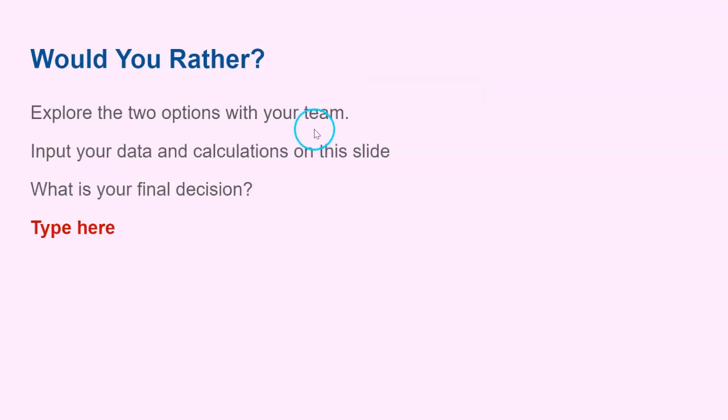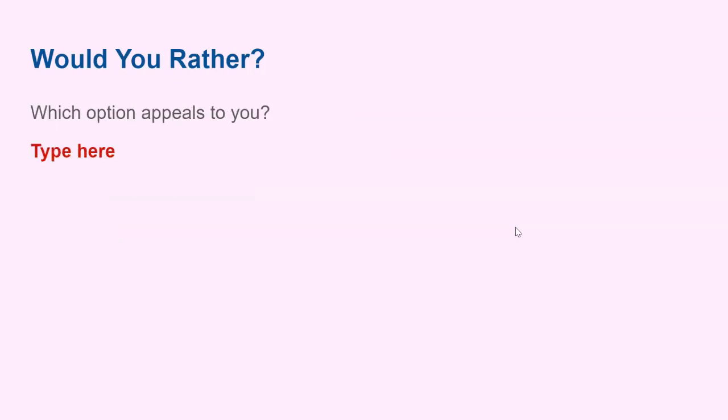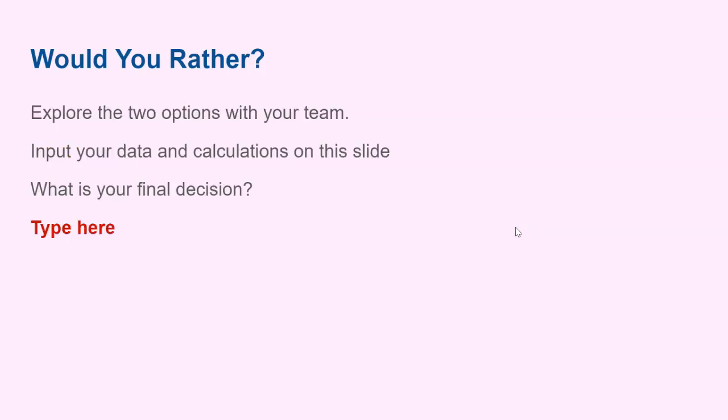But I do tell them in their notes, tables, graphs, or equations, whatever you need to show me, however you want to show me this data, go ahead and do that here, and then they will make their final decision. So the first slide is just your knee-jerk reaction before you do any calculating. Which one would you pick? And then the next slide will be, okay, now that you've crunched the numbers, you've looked at the data closely,